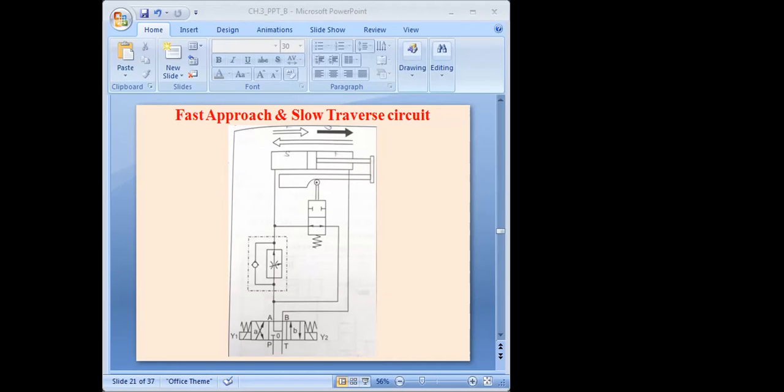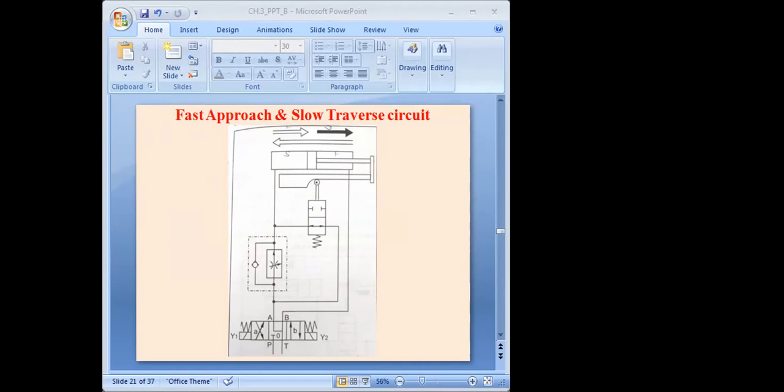As I have shown in this circuit diagram, you can see we have this 2x2 direction control valve. Please look at the screen and look at the cursor. This is a 2x2 directional control valve. It is actuated by this roller. With this 2x2 directional control valve, it works like a bypass controller. Why is it installed here? Because it works as a bypass control valve.